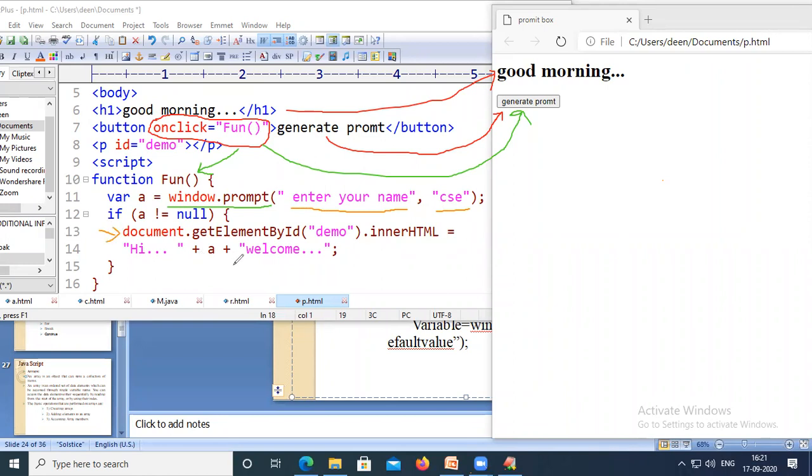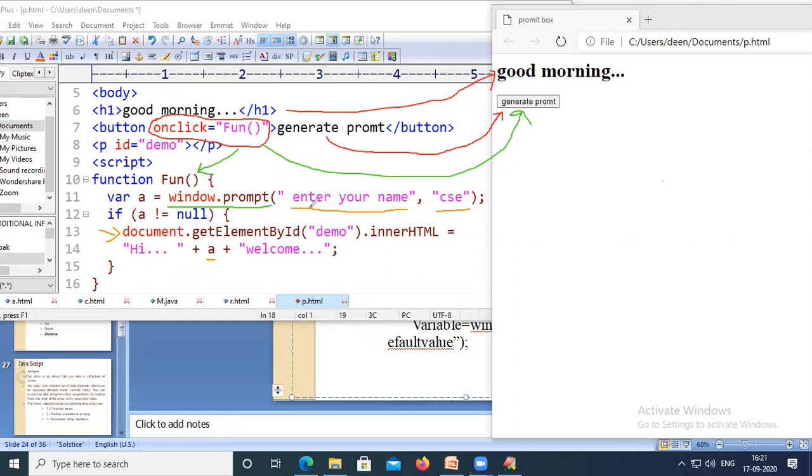What this statement will do is, if we enter some value, it will add hi and welcome to the left side and right side of that value. If you enter some name, it will add hi, your name will be displayed here, and welcome will be added at the end of that name.